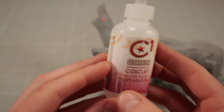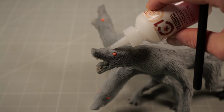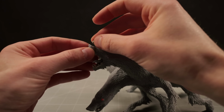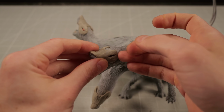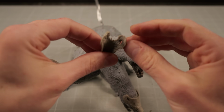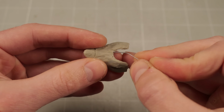To ensure the masks have a form-fitting fit that fits the form of each face, I'll coat the heads in a couple layers of separator which, once it's cured, will let me sculpt the bone masks directly on top of the already cured clay of the face. Once the masks have been baked, I can peel them safely off the snouts and clean up any of the clay that's snuck between the fur before drilling some teeny tiny holes in the top of the masks